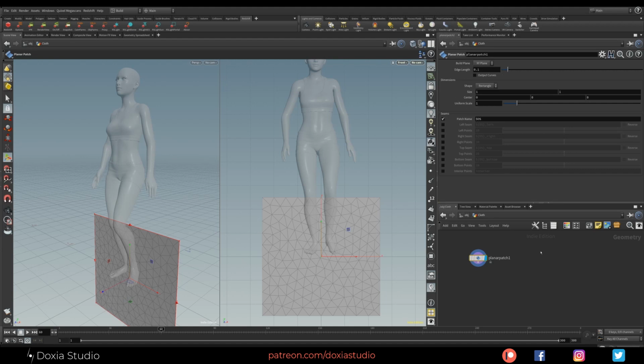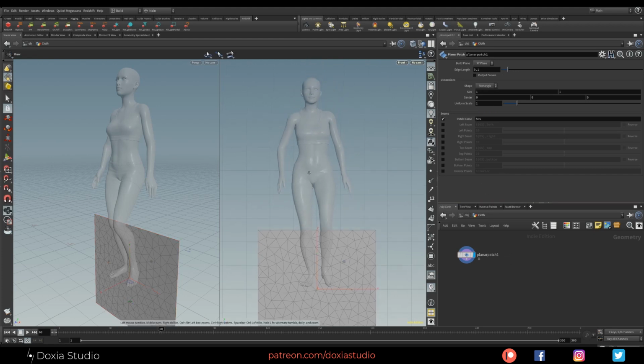We are going to create a few different types of cloth, and we are going to use only planar patch. We are going to create a belt, a skirt, and a coat or over top cloth. We are going to use the rectangle for the belt, trapezoid for the skirt, and a ring for the coat or over top.